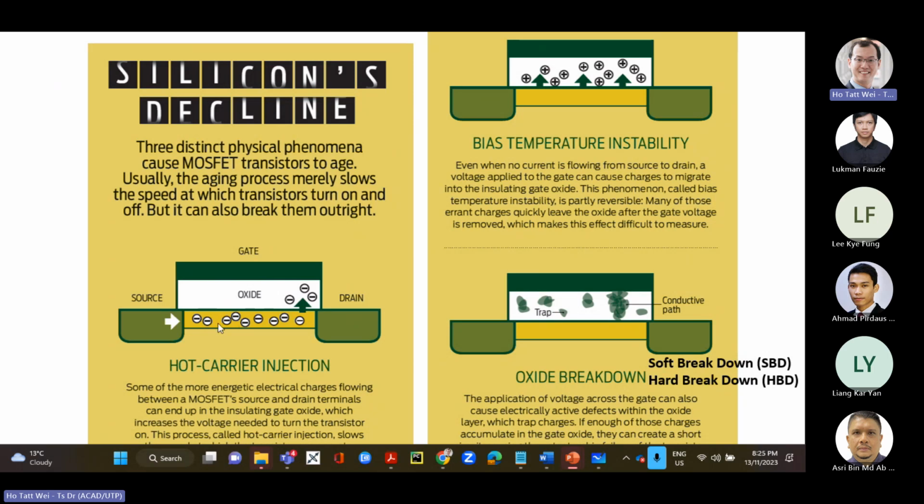So some of them are moving really, really fast, in such a way that their velocity is saturated. Why? Because they are being pulled so fast by the electric field that they are knocking into all the lattices and the atoms in this crystalline structure here, right? So some of them will end up getting so much energy they can break through and embed themselves in the oxide, so they can get stuck in the oxide. So when you have charge getting stuck in the oxide, it's as if you have charges that are permanently in the oxide.